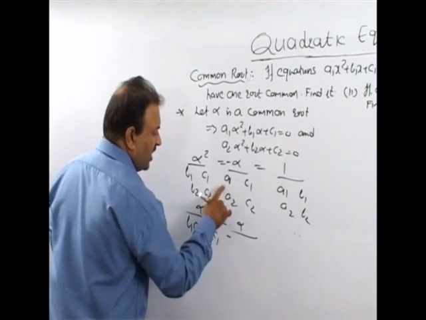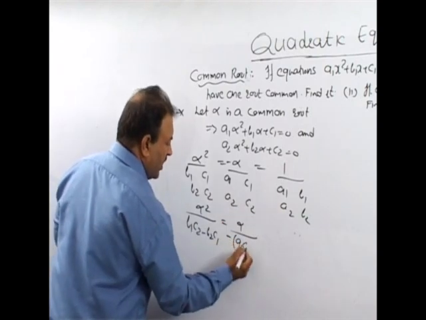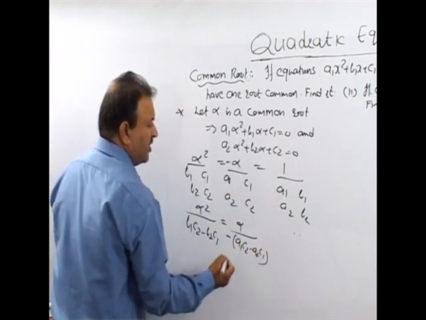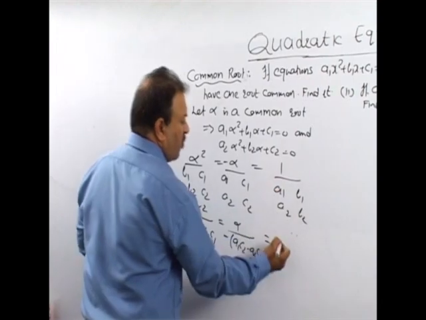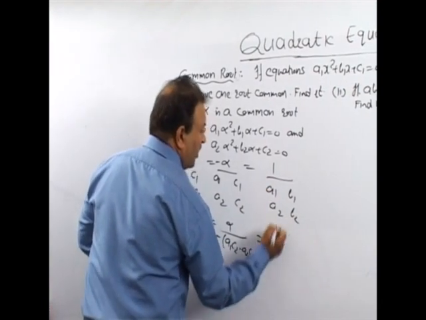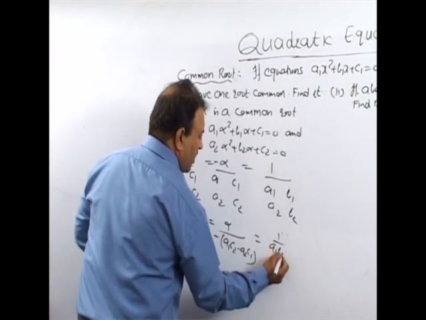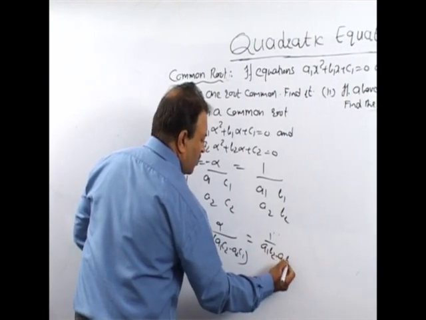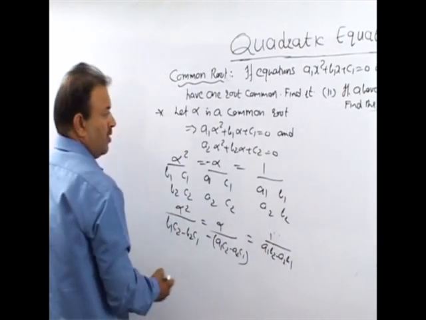It is minus a1 c2 minus a2 c1, and here we get 1 upon a1 b2 minus a2 b1. Now,